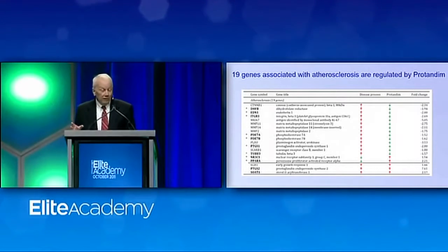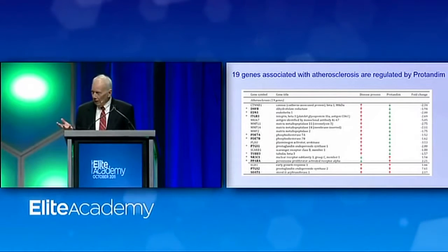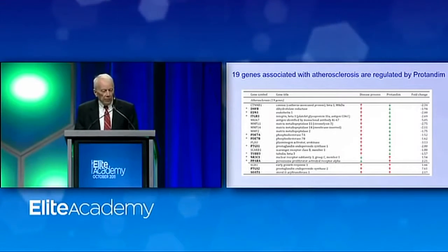And in addition, a lot of the genes for which there are no drugs out there to correct. And Protandim, again, is antagonizing the disease process, trying to correct it. Another example I want to point out to you, and I have to move quickly. In the bottom three, there's a gene